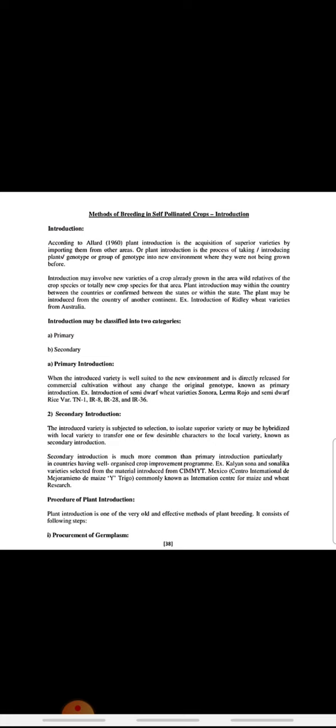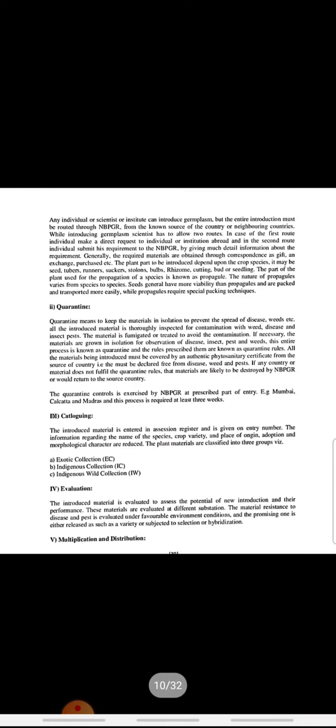Then secondary introduction. The introduced variety is subjected to selection to isolate a superior variety, or may be hybridized with the local variety to transfer one or few desirable characters to the local variety, known as secondary introduction. Procedure of plant introduction: plant introduction is one of the very old and effective methods of plant breeding. It consists of the following steps: procurement of germplasm and quarantine, cataloging, evaluation, multiplication and distribution,